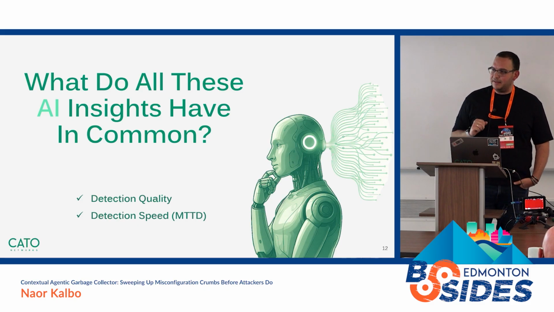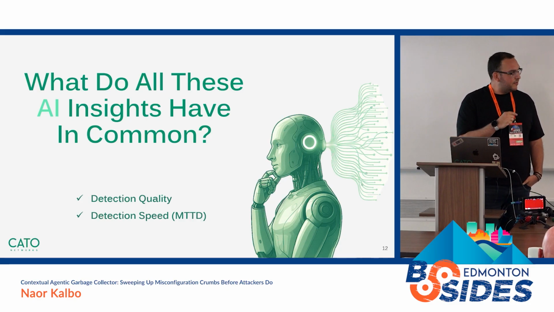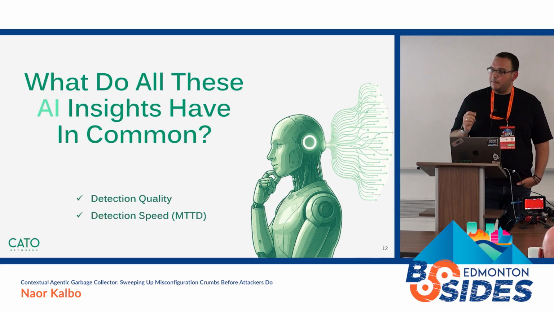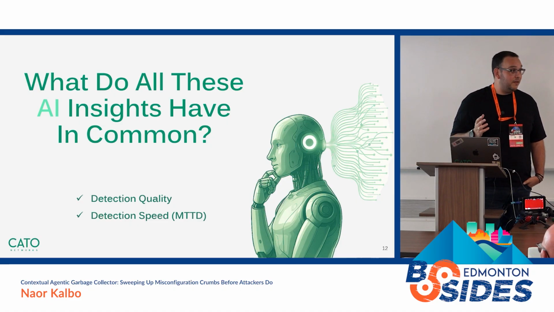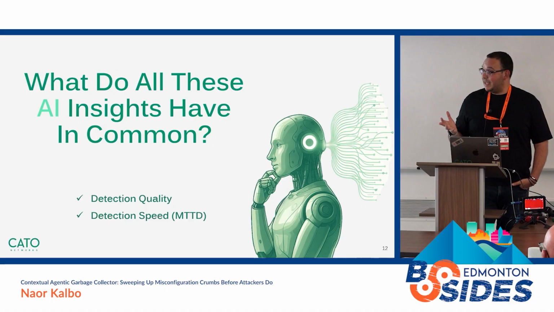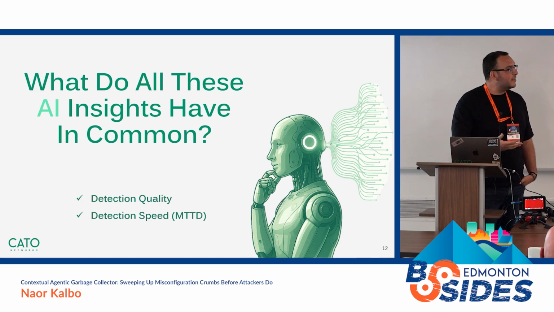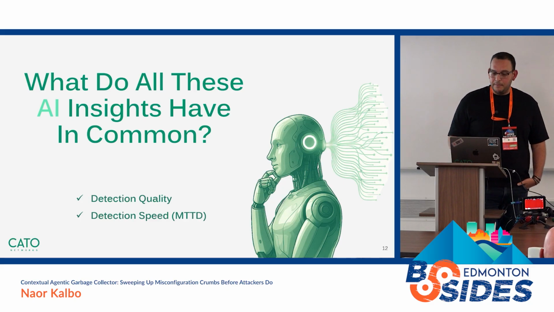And in a standard scenario, this specific rule that we saw would probably only be discovered during an audit. Maybe once a year, in the best case once a quarter, or worse than that. They could be found too late, after they've already been reconnoitered or exploited by threat actors.